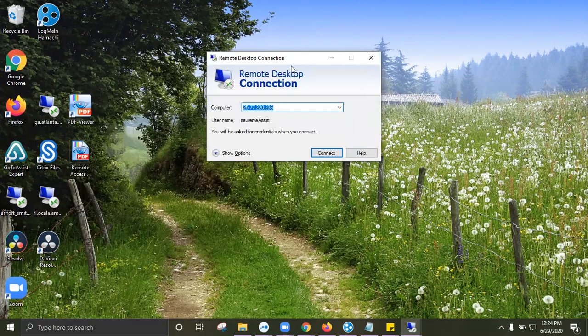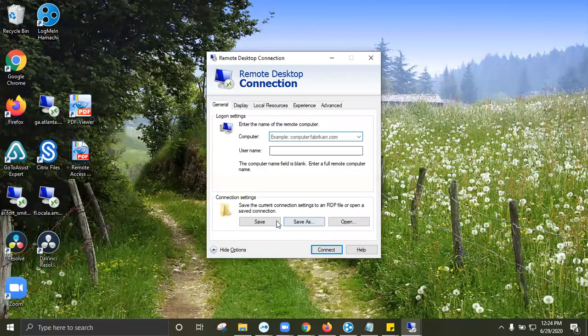And here is what it looks like. So whenever you open it up, it's probably going to be blank here. You want to go ahead and open the show options button, and this is going to give you all the options you want. Now what goes in your computer can vary based on which VPN you use. The VPN I use, we just pop in the IP address. So you're going to get your IP address from the VPN you use,